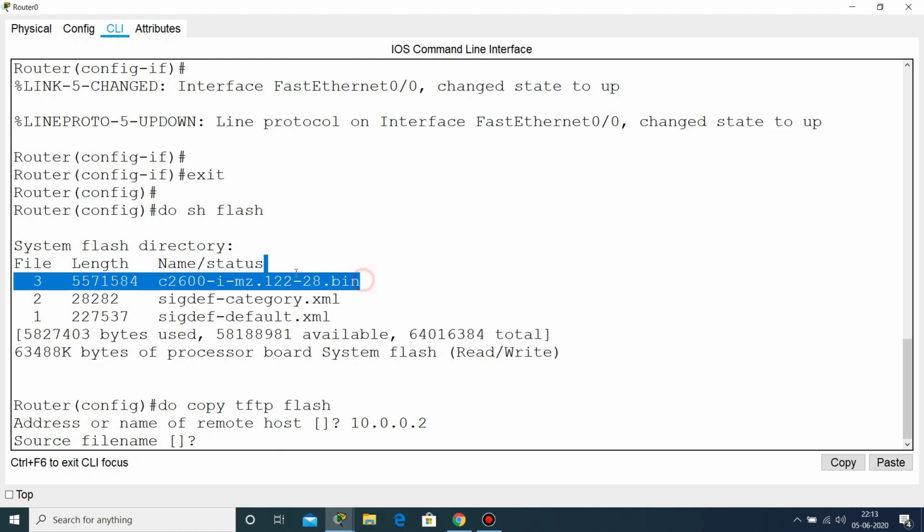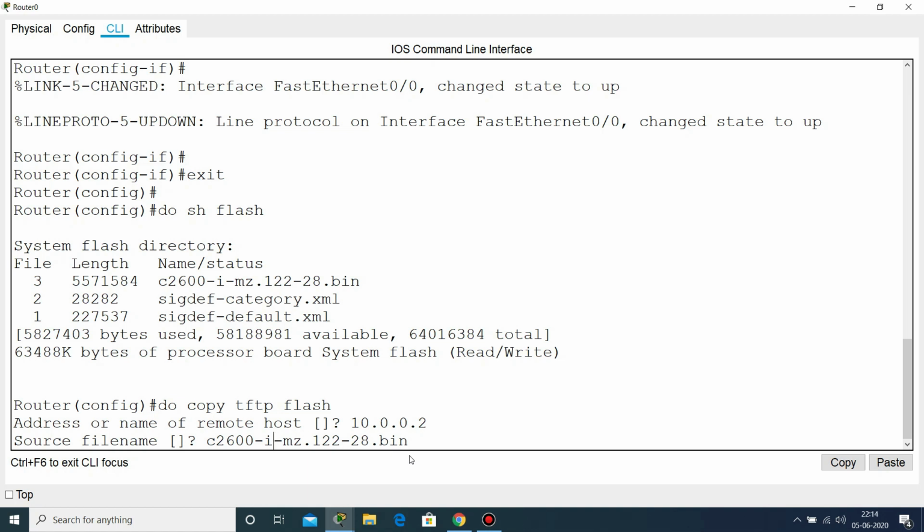So simply, if you don't want to write the full name, copy it from here, paste it, and change the things which are different. So the OS which I want to upgrade is IP base K9. Here it is 124 and here it is only 8.